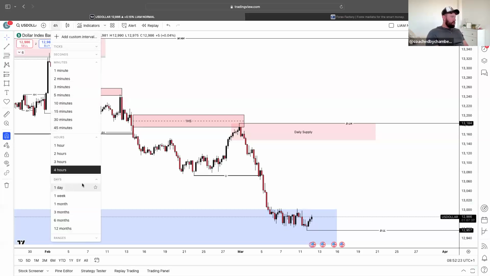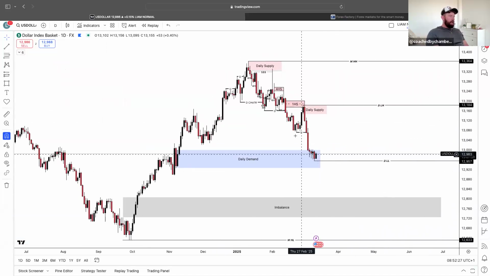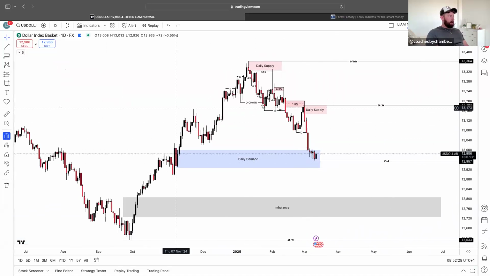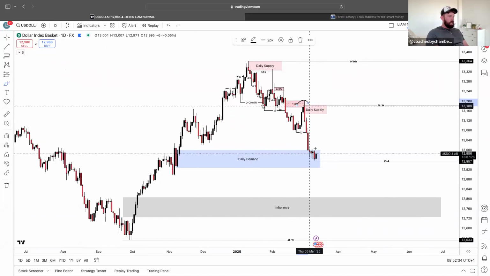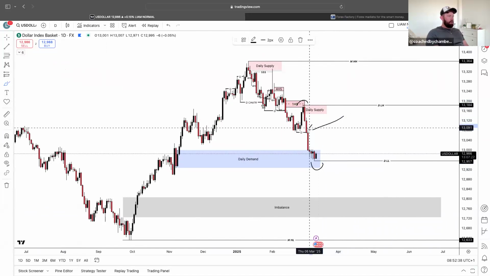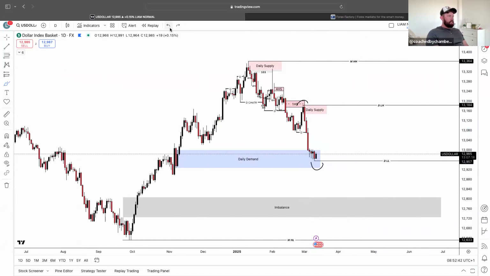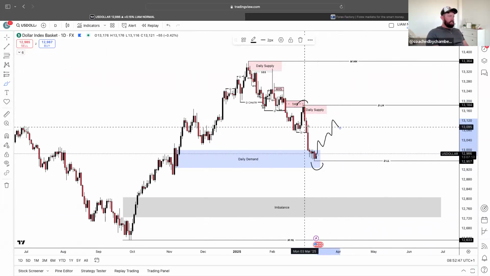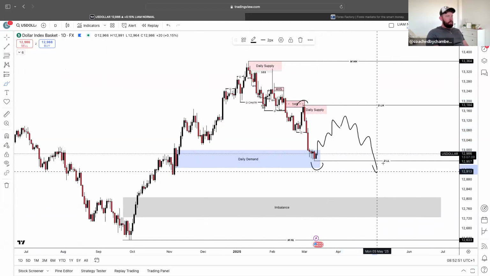Okay, let's get straight into the chart. As we talked about the past couple of days, we're inside of this daily demand area, and we've also got this daily range. Our daily range is from this lower high to this lower low. As mentioned yesterday, we have all of this, which does have a lot of imbalance, as you guys can see. So we do expect the market to eventually retrace to fill in this imbalance, and then we want the structure to carry on.